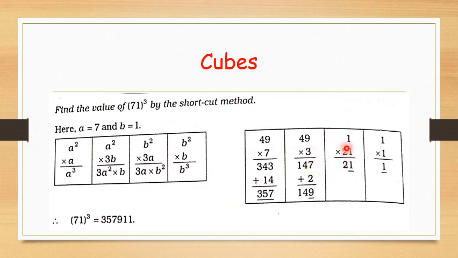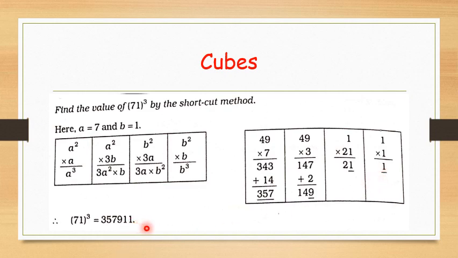Then in the third, B square into 3A, so 1 square is 1, then 3A, that is 3 sevens are 21, so 21 ones are 21. Then in the next one, B square into B, that is 1 square into 1, so that is 1 only. Now the first column value from the right side will be 1,